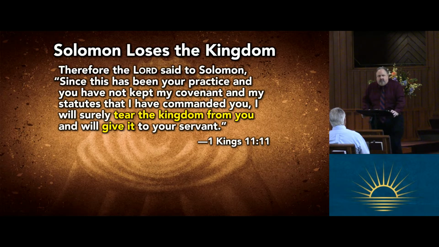The Lord had appeared to him twice, which we didn't talk about last week because we ran out of time. But you remember the first time God asked him, hey, Solomon, what do you want? You're about to become king. You're king now. What would you like from me? And what did Solomon ask for? Wisdom. What could he have asked for? Riches or the death of all of his enemies, something like that. And God said, because you didn't ask for those, but instead asked for wisdom, I'm going to give you all that too. And this was the golden age of Israel. And it's said that silver was as common as stones.